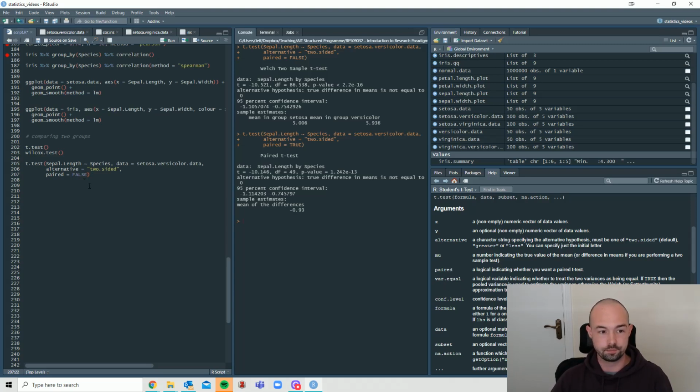Variance equal. So for var.equal, you would have tested prior to this whether you do or don't have equal variances. Here you also put in true or false. If we had, for example, used Levene's test of equal variances and we had found that the variances were not significantly different, we would write true. So if we were to write true,